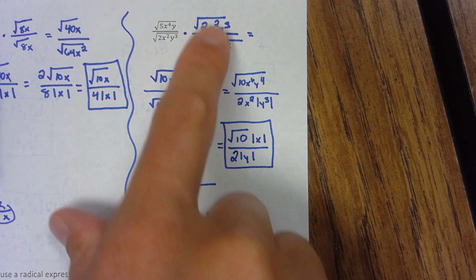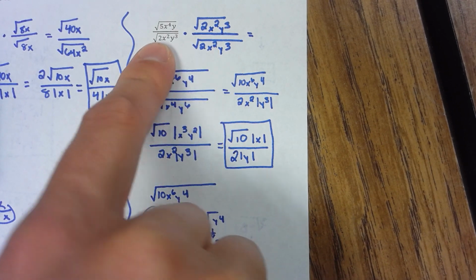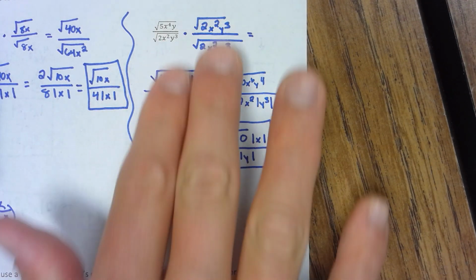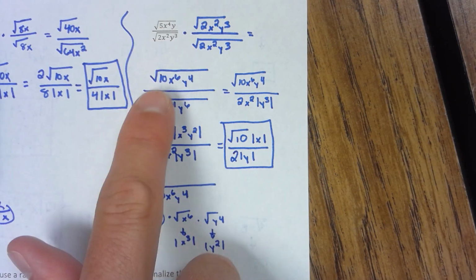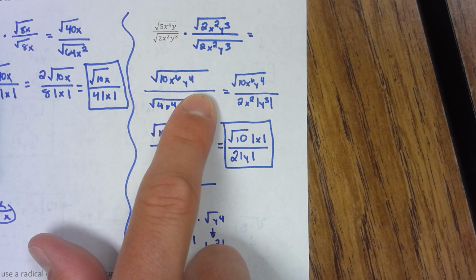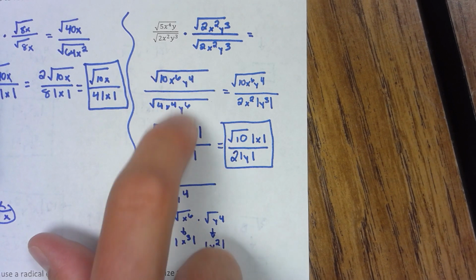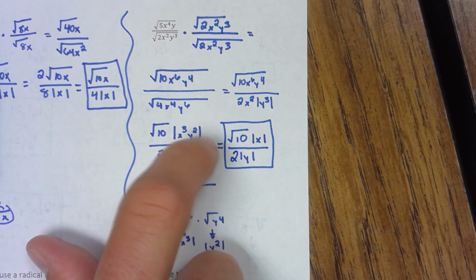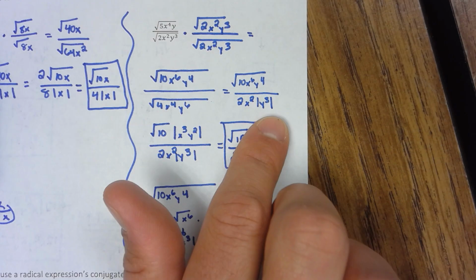So with the last one that we are dealing with, rationalizing the denominator by multiplying just by that denominator, there's a lot of simplifying that needs to be done here. After multiplying the numerators, I get the square root of 10, x to the 6th, y to the 4th. The denominator, 2 times 2 is 4, x squared times x squared is x to the 4th, y cubed times y cubed is y to the 6th. So then I'm like, okay, I can simplify the denominator by taking the square root